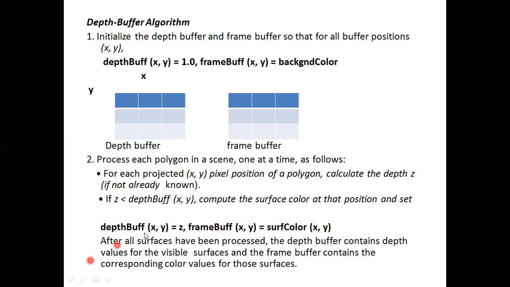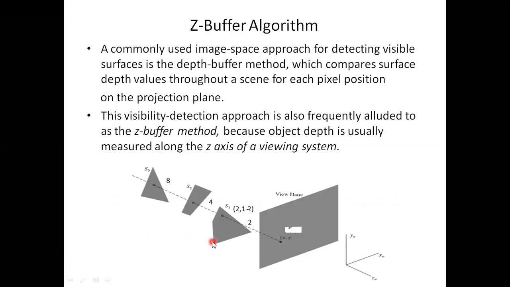So let us come to the previous slide to understand this. For each projected XY. Now come to this. What I have taken, 2, 4, 8 units, these are -2, -4, -8. It is not +2, +4, +8. It is -2, -4, -8. Why is it -2, -4, -8? I will tell you now.